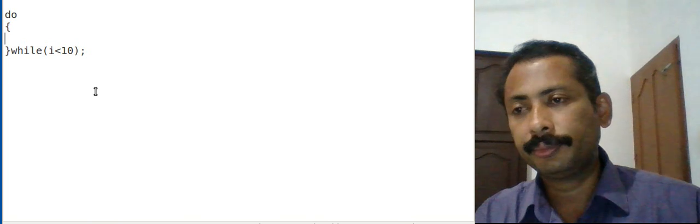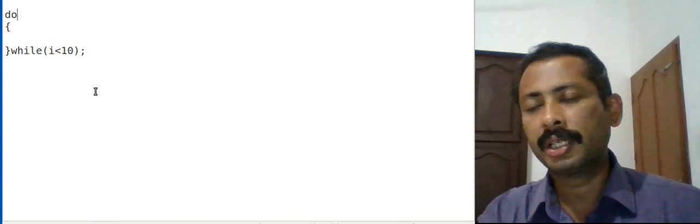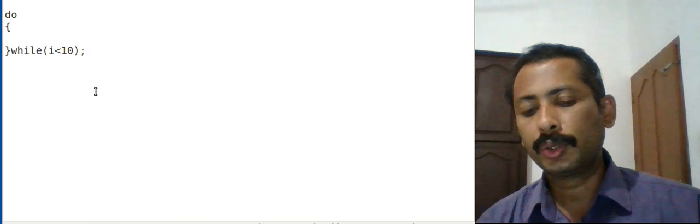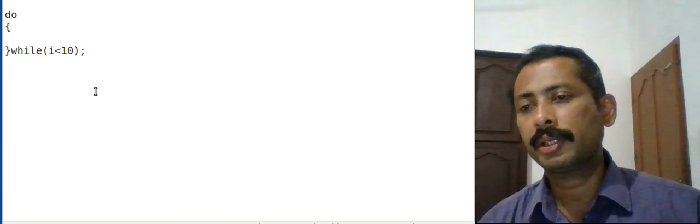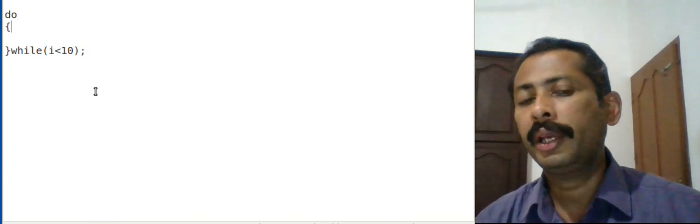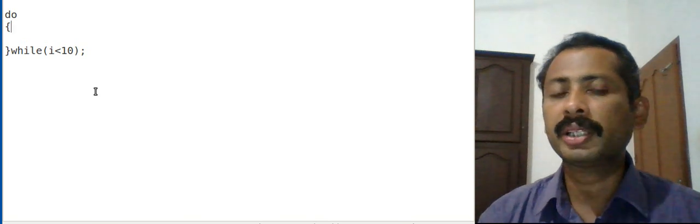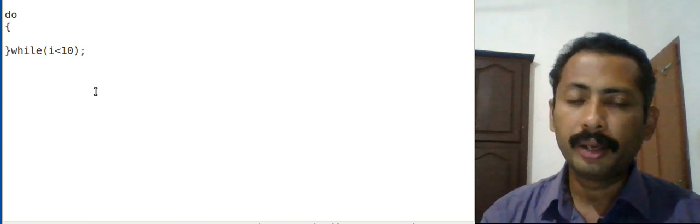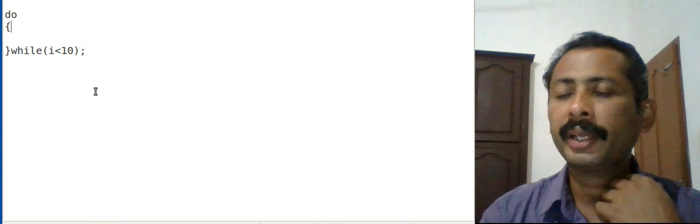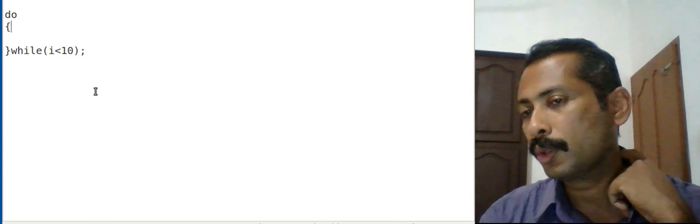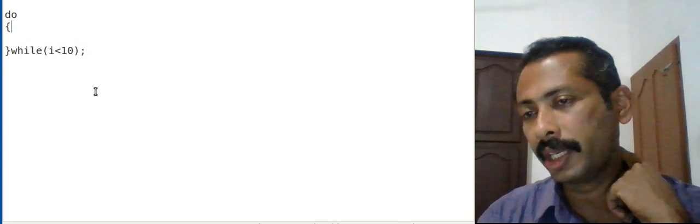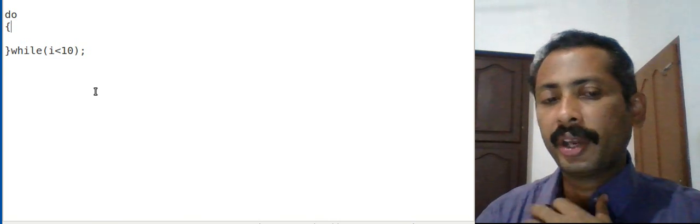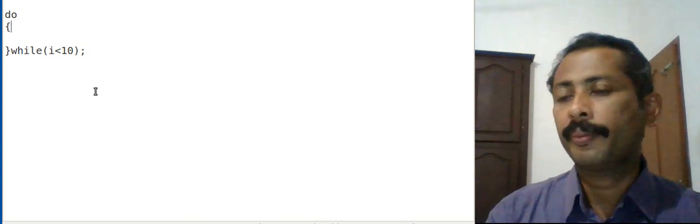That is, before entering the loop there is no restriction or condition checking, and so it executes these statements, and at the end of the loop it checks the condition, and if it is true then it executes again. Here also we have to make initialization and a modification of the loop variable.